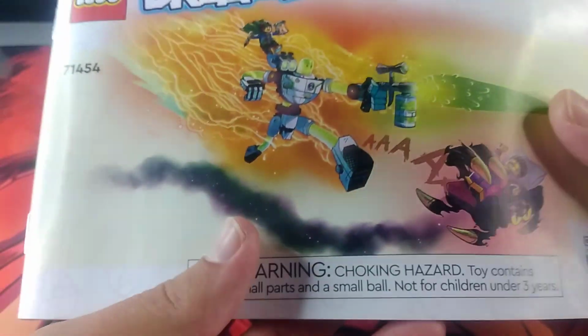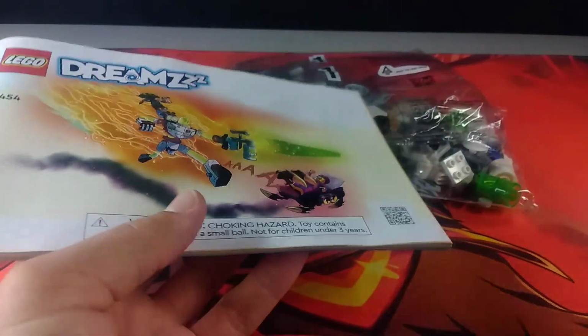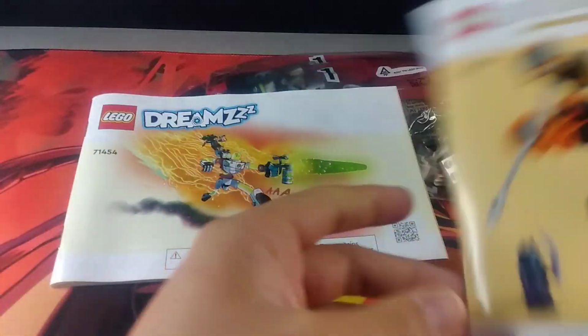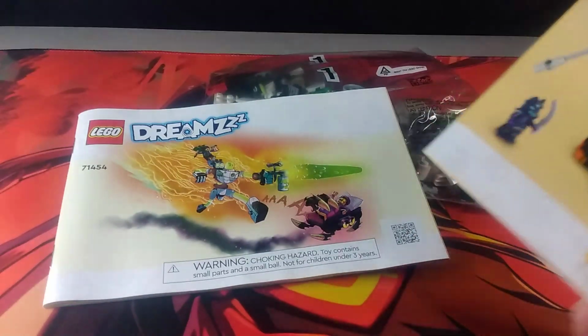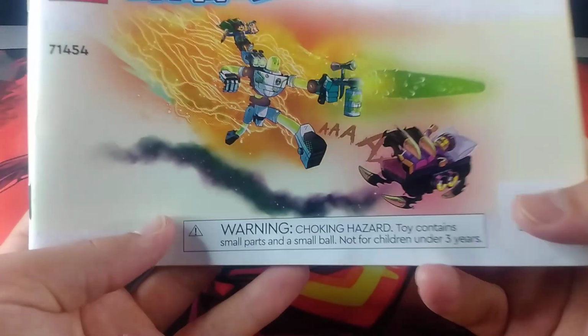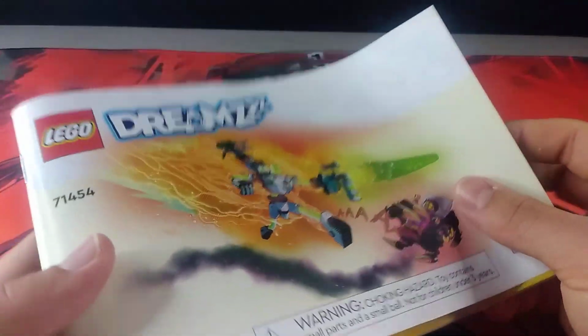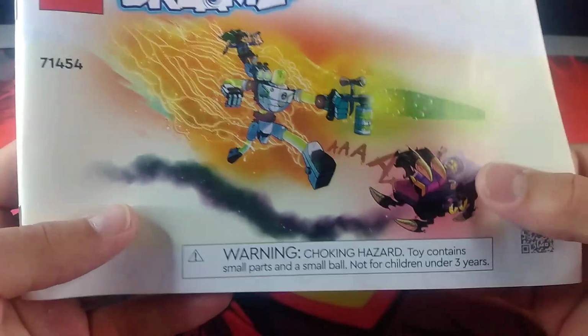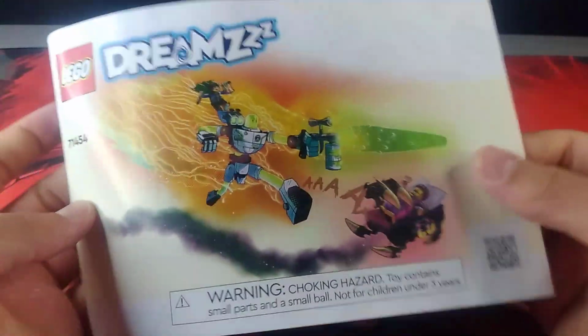opt for an artwork piece in the front, which I get that some people might not like. I can definitely see some people not wanting to diverge from the tried and true shots of the actual set. But I don't know, this artwork looks very cool. I do think this looks pretty neat. It almost looks like a comic book illustration, to be honest. Very interesting. Okay, so yeah, we can open this up, and